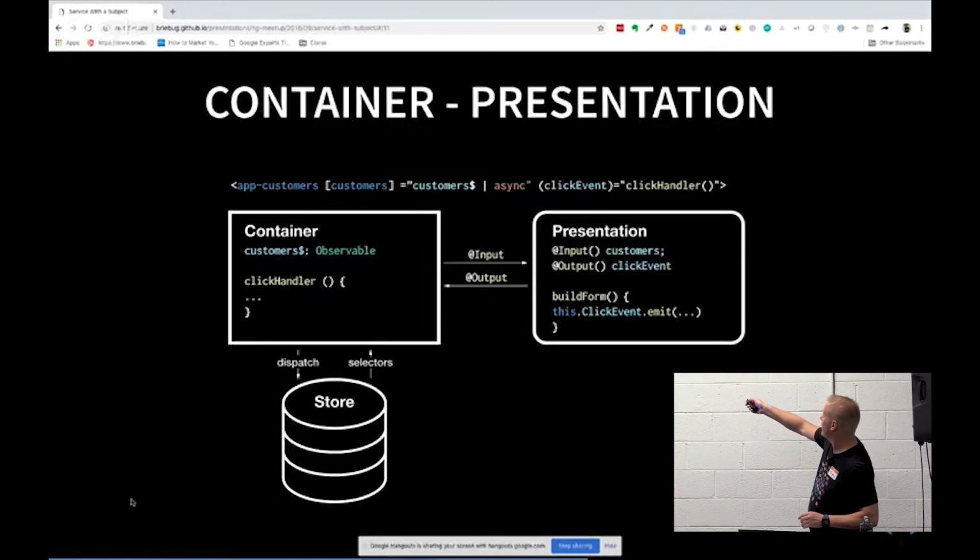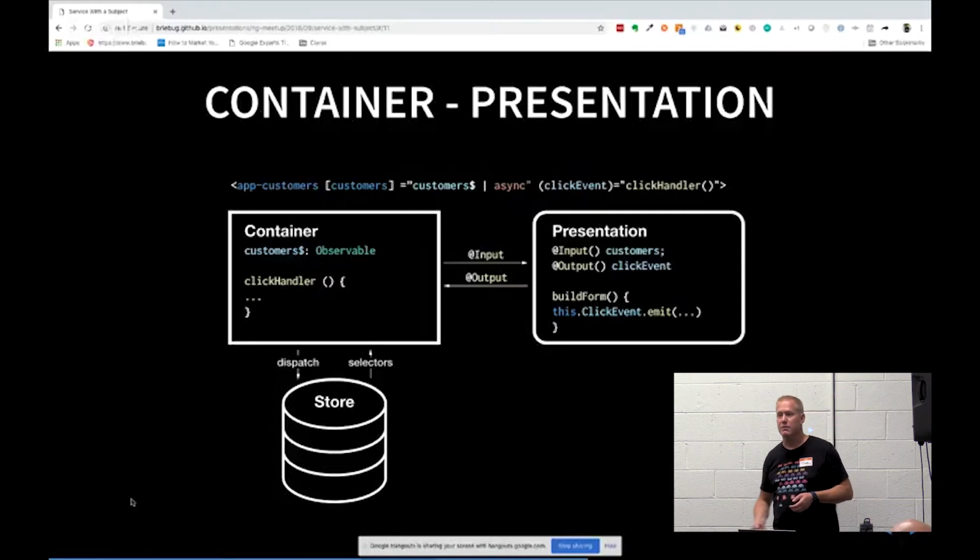And then I have a click event here for my presentation's click event. I want to have a handler here to be my click handler. So whatever they click on in the form, I'm going to handle that at my container. All my presentation component is going to do is receive whatever was clicked on, and then emit the event up. And then my container is going to get it. I don't know if you noticed, but this is actually the same slide I use when I'm describing NgRx, because this pattern's exactly the same. I just borrowed the slide because it's exactly the same way of doing it.